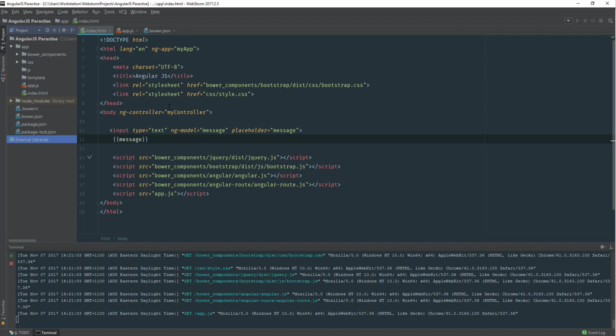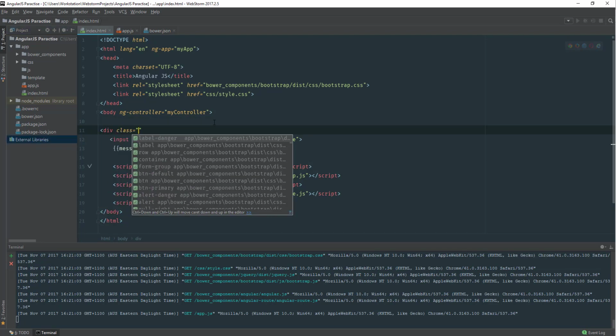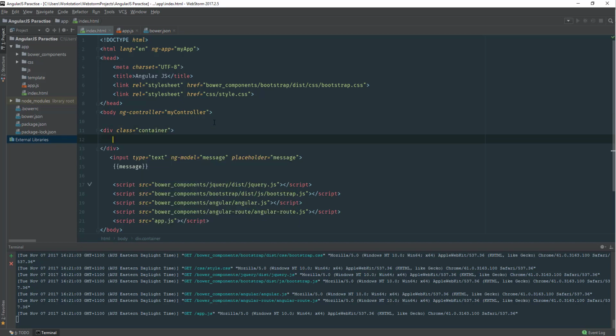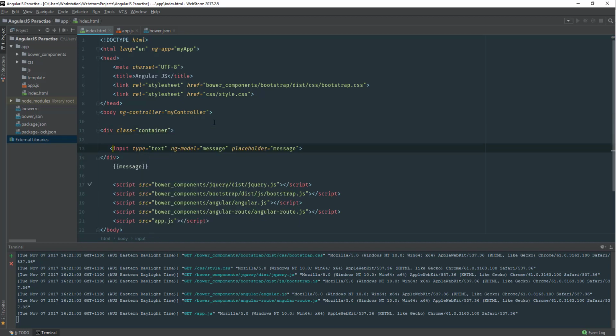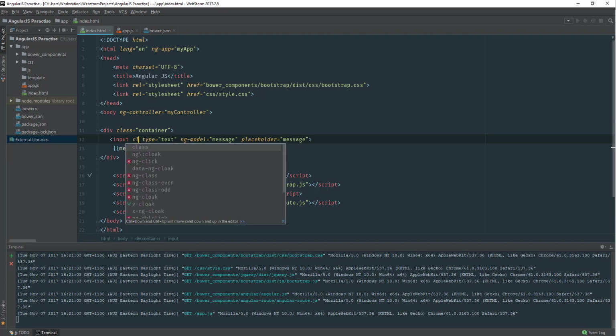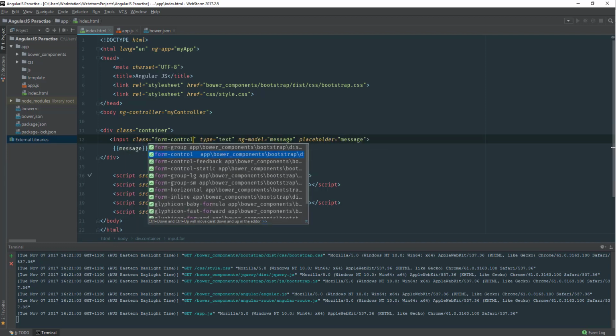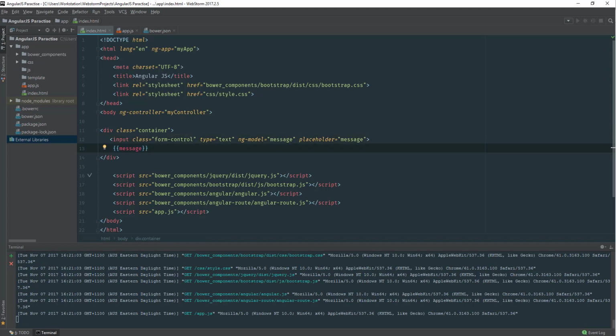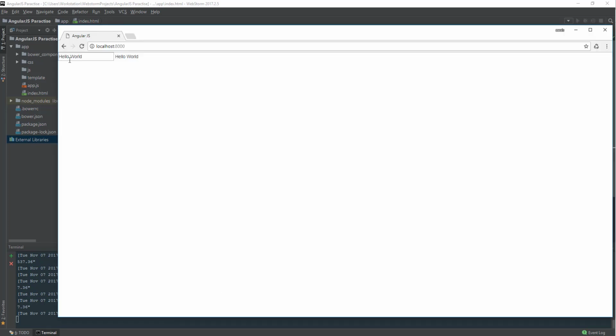One more thing we can do here, we are accessing Bootstrap, so I'm just gonna add a div and then class container, and then we'll make it a bit prettier. So we'll just take it up, and then here I'm gonna use the class as well. So we'll just say class form-control. Okay, it's gonna make it a bit prettier. And here we can just say, let's just say h1, and we just close this. Now if I go back to our page, and I'm gonna refresh the page,